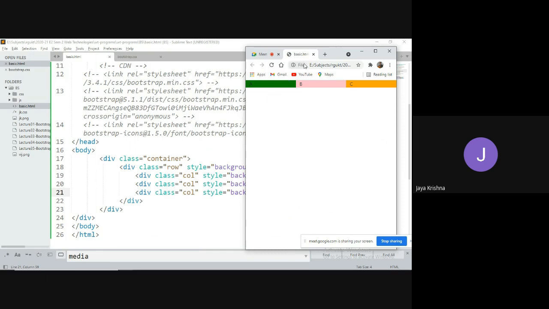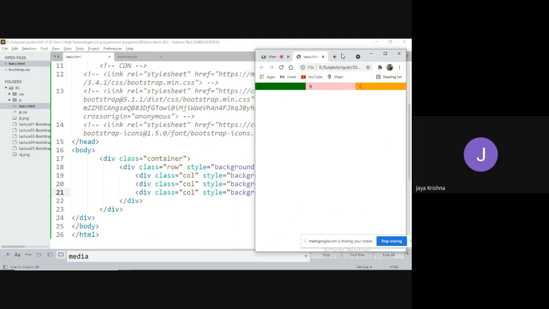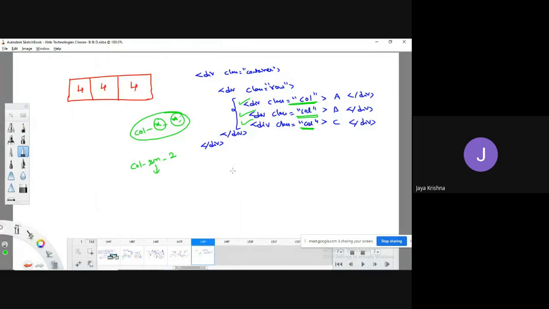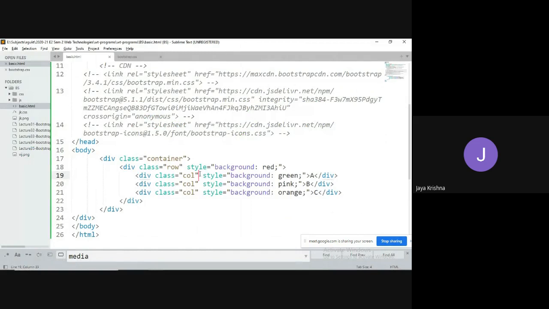So, as I have taken columns, all will be having like this one. Okay, fine. So what we did is we have taken a single row and we have split it into three columns. If I want one more row, what can I do?